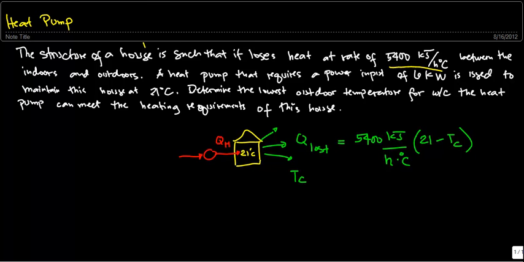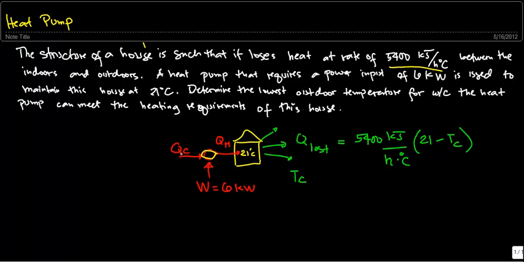And we call that QC. And this can't be done naturally: movement of heat from low temperature to high temperature can't be done, because it goes against the second law of thermodynamics. So for it to happen, we need to supply work to the heat pump. In this case, the work is in terms of watts, therefore a rate of doing work. The work we supply there has a value of 6 kilowatts. Take note, it's kilowatts. So we supply 6 kilowatts of work,